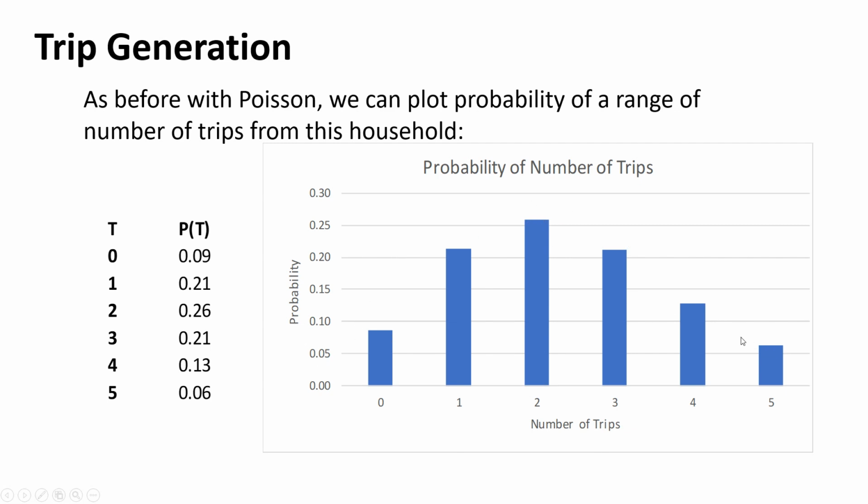But you can get this distribution now, and you can get a better picture sometimes of how many trips are being generated for a particular use based off this probability. Our expected value is 2.44, but maybe it's a very high peak, or maybe it's a lower, flatter curve, as we say now. So that's where this Poisson distribution can be used.